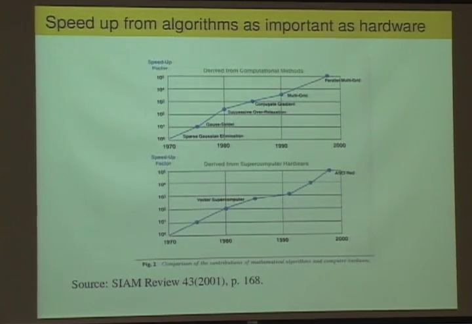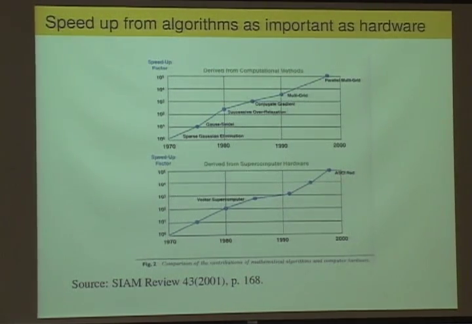The top picture is over the same time period, the increases in our ability to solve a simple linear system, Ax = b, by different algorithmic advances over that same time period. So going from, say, sparse Gaussian elimination back in the 1970s to iterative methods like Gauss-Seidel, successive over-relaxation, conjugate gradients, multigrid, parallel multigrid. And this is also on a logarithmic scale. So we're seeing the same sort of exponential growth in our ability to solve problems because of better algorithms that we've seen in our ability to do it due to better hardware.